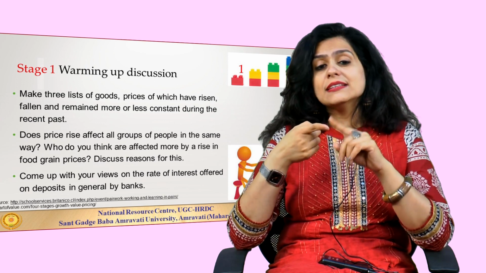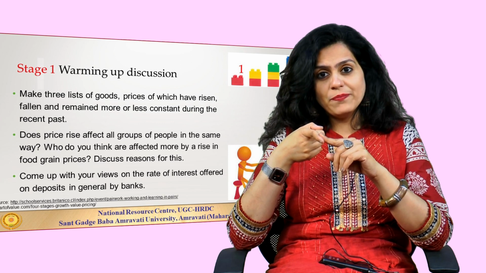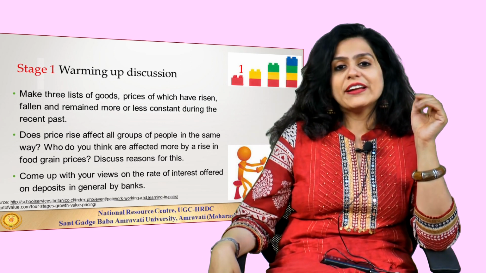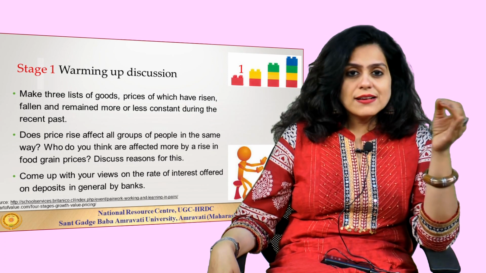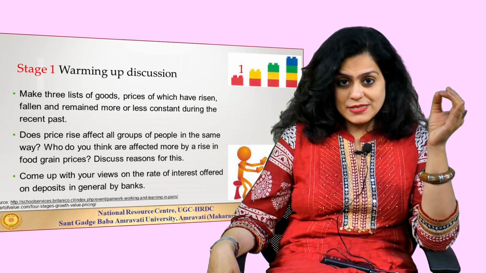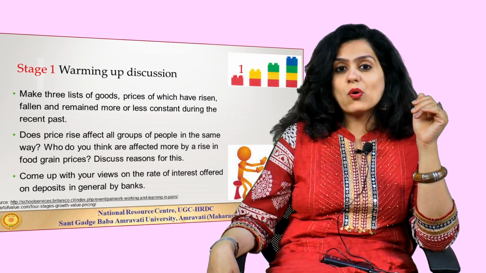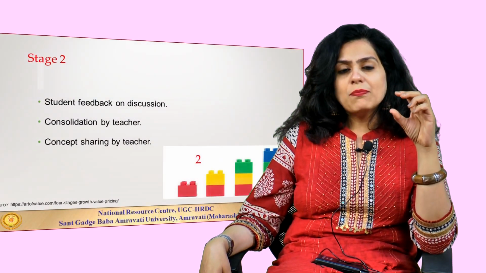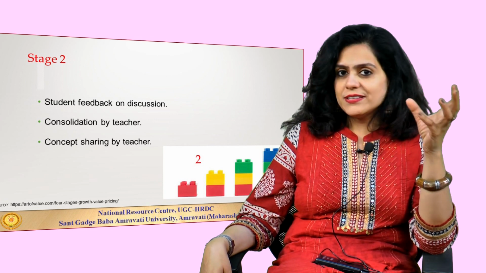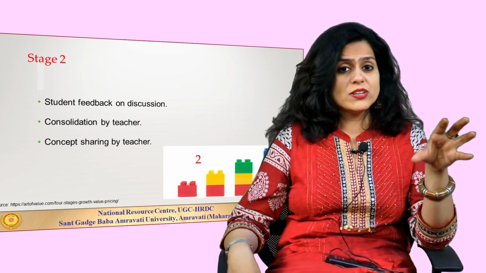B. Does price rise affect all groups of people in the same way? Who do you think are affected more by a rise in food grain prices? Discuss reasons for this. C. Come up with your views on the rate of interest offered on deposits in general by banks. Now, these are the pointers for the initial discussion which is happening in groups